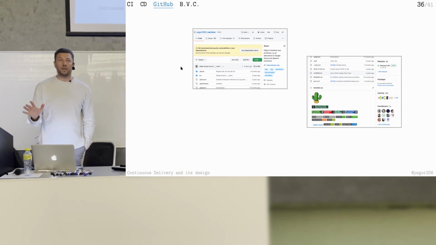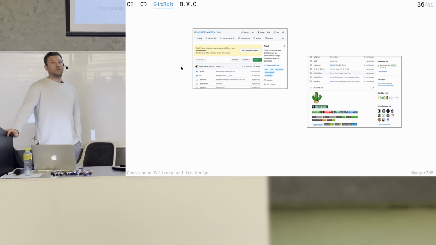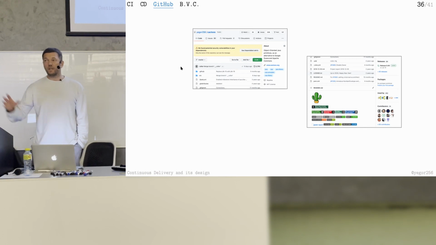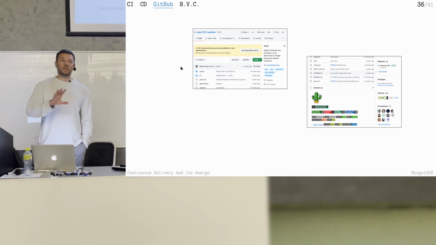You don't need to invent your own license. Just take the text from somewhere and put it in the file, and you will be fine. GitHub will automatically understand what your license is. In my case, I take the MIT text, I put it in the file, and GitHub automatically says, oh, that's an MIT license.